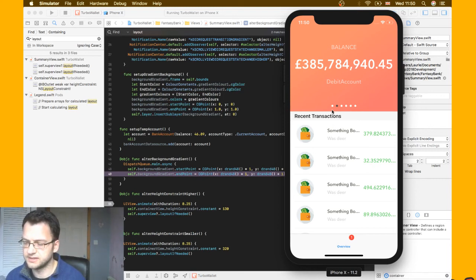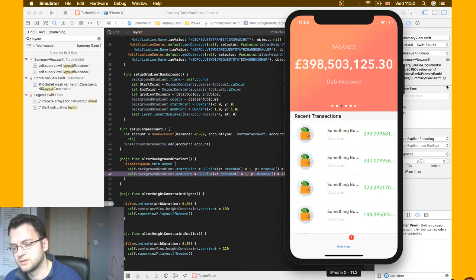So there are, in this case, 1, 2, 3, 4, 5, 6 balance view controllers getting passed in an array, and it's just saying view for index number 0, 1, 2, 3, 4, and this balance comes up, and these are all different. So there's a bit of work going on behind the scenes to produce that, and then you can also